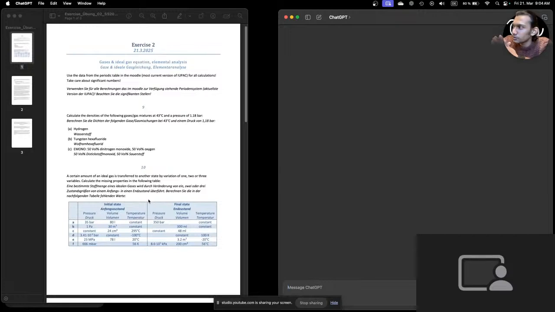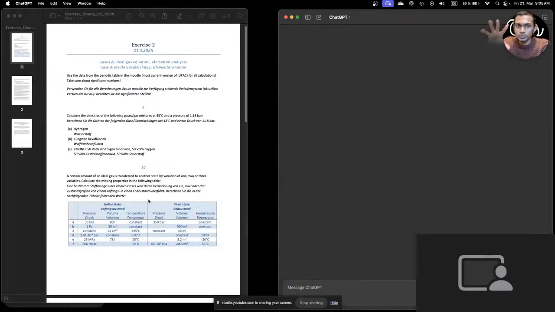From the statement of the question, a certain amount of an ideal gas is transferred to another state by variation of three variables. Calculate the missing properties in the following table. From this, we can conclude that